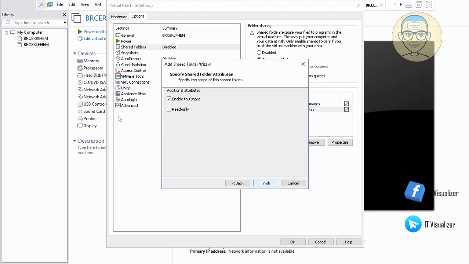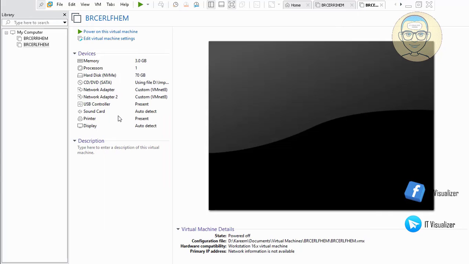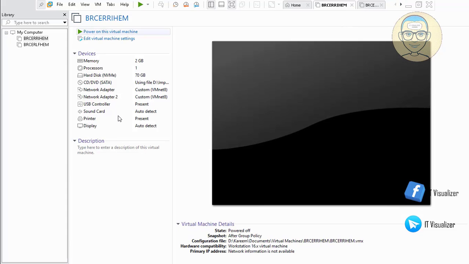So here now we have three folders shared with my virtual machine, and now we need to open the first domain controller,